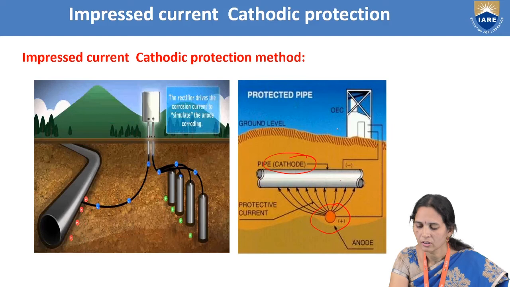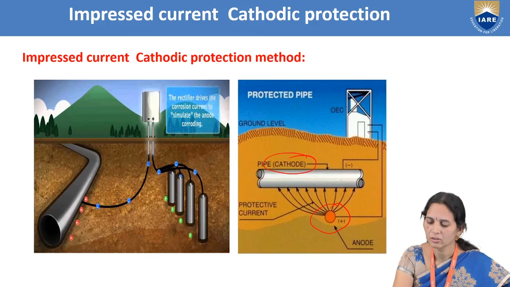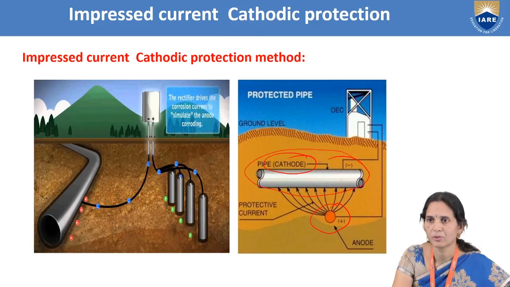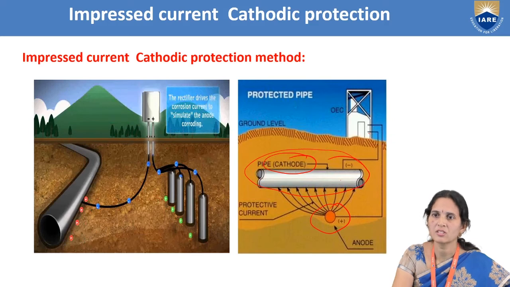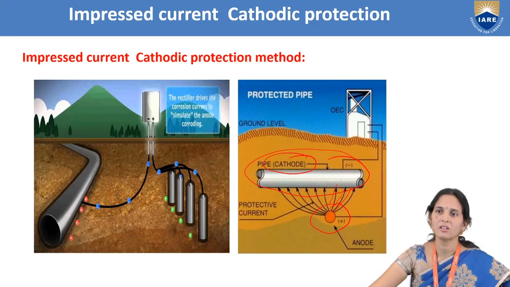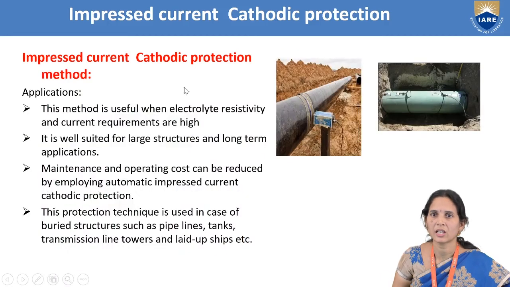and that is connected to the battery. Then when we pass the current to the base metal, the metal that we want to protect will be protected. You can see here the protective current from the anode. So by passing a direct current, the base metal can be protected here, meaning the base metal becomes a cathode. So this is impressed current cathodic protection.